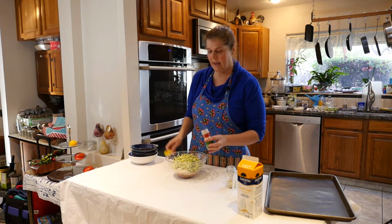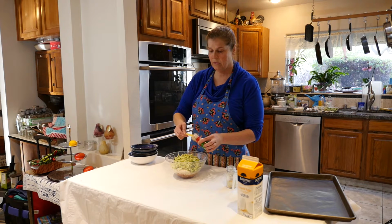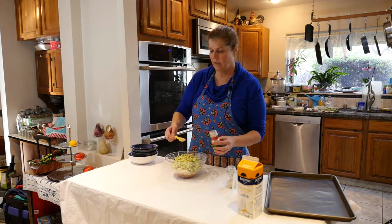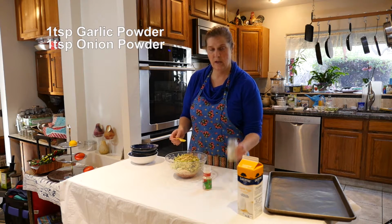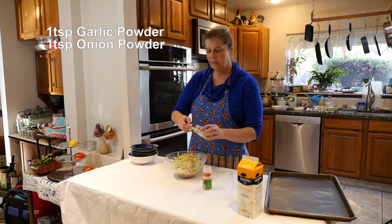To this, we're going to add 1 teaspoon of garlic powder and 1 teaspoon of onion powder,